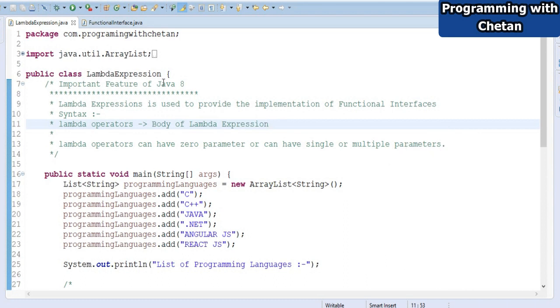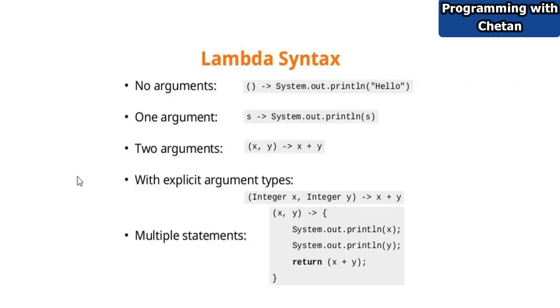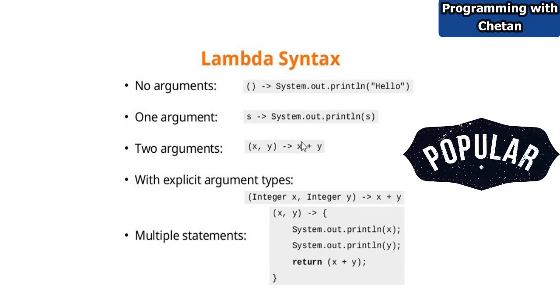Let us try to understand this syntax of lambda expression with the help of examples. Here you can see that this is our lambda expression with no arguments, that is, I am not providing any argument for our lambda expression, and this is the arrow token, and here we have provided the body of our lambda expression. So here it consists of only a single statement. Now we can also have a lambda expression with one argument, and here we have a lambda expression with two input arguments, and what we are doing in the body is finding the sum of these two input arguments. So our lambda expression will return the sum of the input arguments.